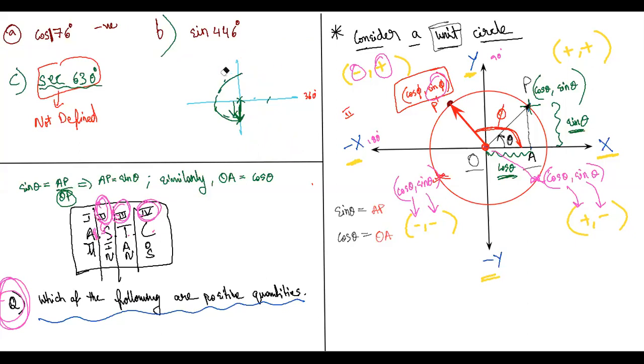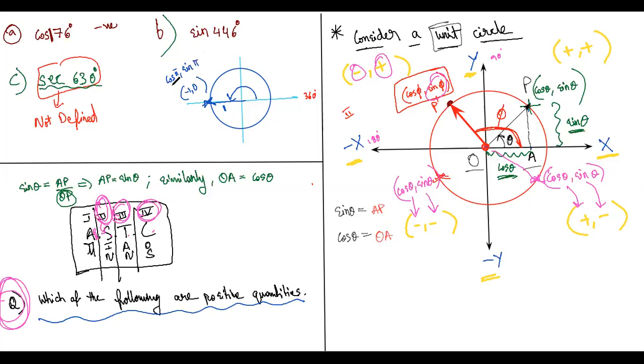I found out that many of the students are struggling to remember cos 180. What is cos 180? See, that's what I'm telling. Students are struggling. But if you remember the circle, it is always going to help. Even if you don't know anything, 180 degrees is here. So you're talking about this point. What is the coordinate of this point in the unit circle? If this is 1 unit, then this point will be -1 comma 0.